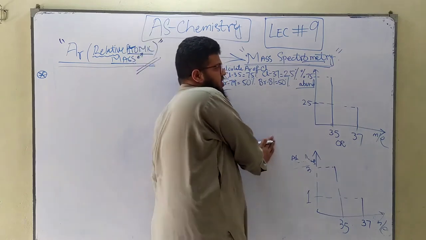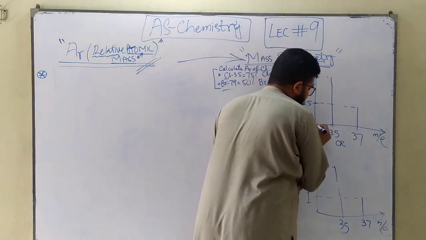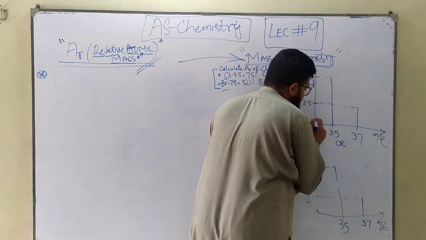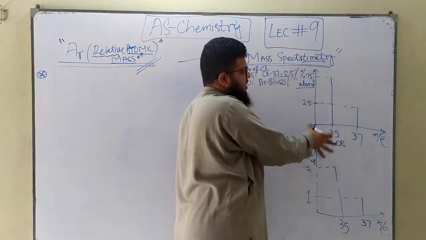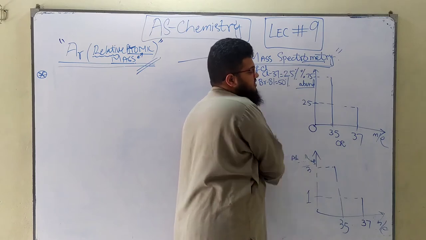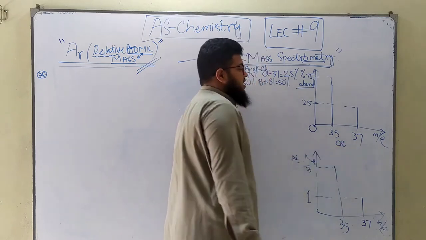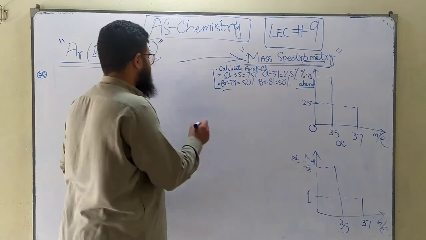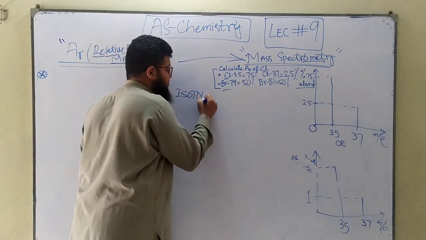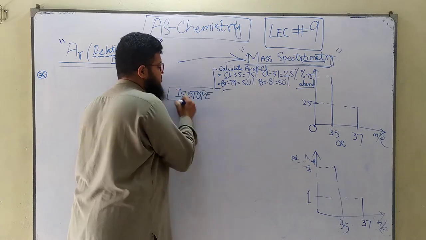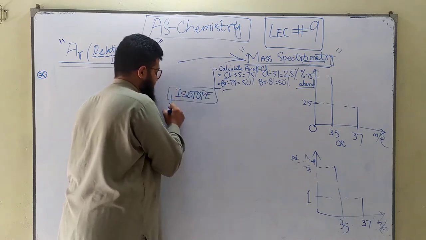But this information is important. You should be able to analyze the mass spectrogram, this graph of percentage abundances against the masses. First of all, you should know what an isotope means. What is an isotope? Isotopes, by definition, are the atoms